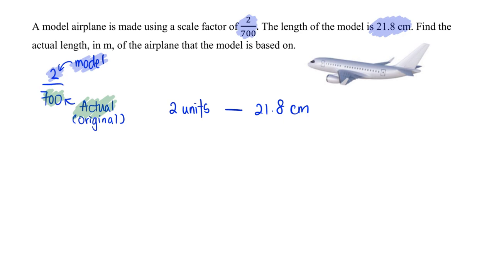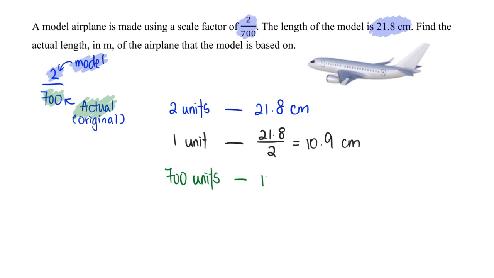So you will then see Mr. Tan find 1 unit, which is simply 21.8 divided by 2. That will give me 10.9. And thereafter, I will be able to find my 700 units, which is simply 10.9 multiplied by 700 to give me a value of